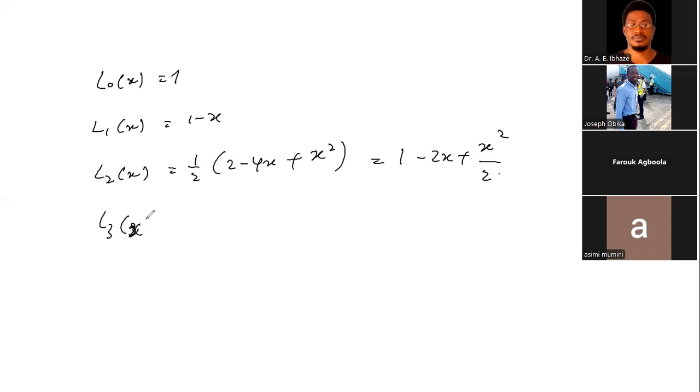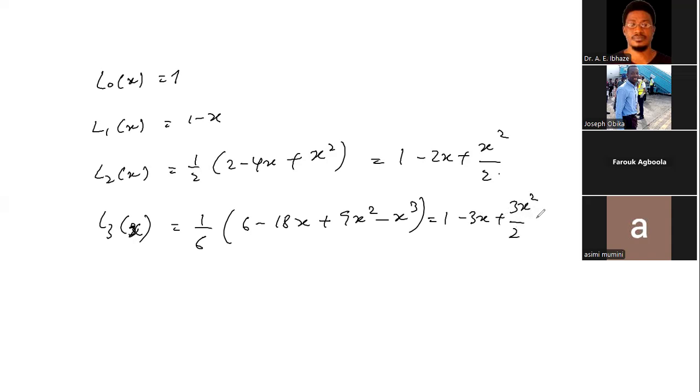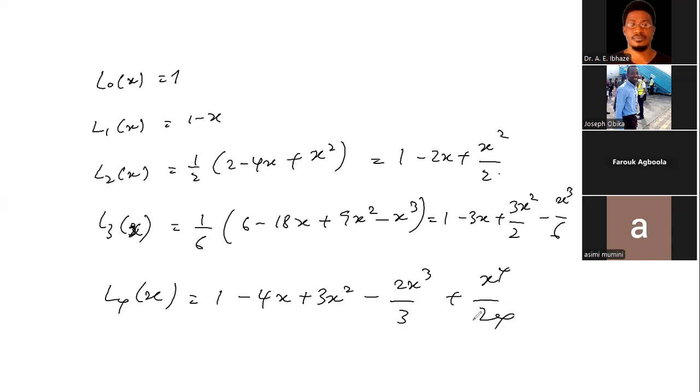L3 of x will be 1 over 6 times (6 minus 18x plus 9x squared minus x cubed), which will be 1 minus 3x plus 3x squared over 2 minus x cubed over 6. L4 of x will be 1 minus 4x plus 3x squared minus 2x cubed over 3 plus x to the 4 over 24. So we can literally go on, and then the general formula for the standard Laguerre polynomial will therefore